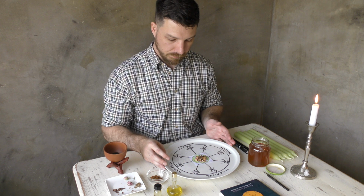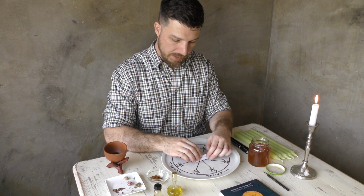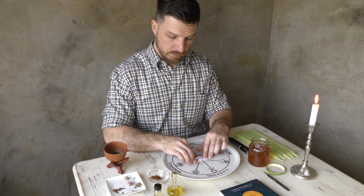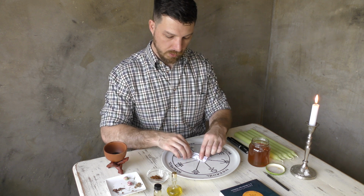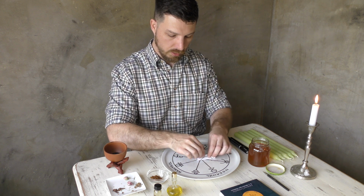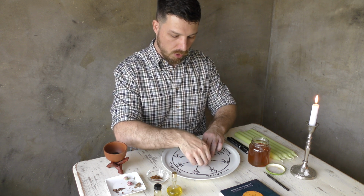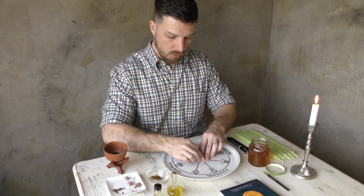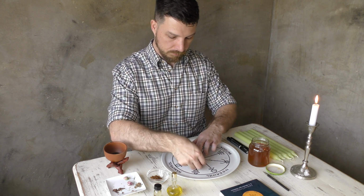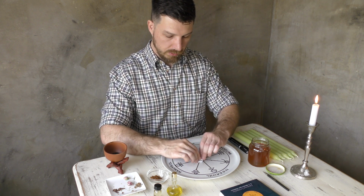And then as you fold this seal towards yourself to form a kind of packet there to hold the herbs, you will be saying your petition that you are drawing your target, that your target falls wonderfully in love with you, that they are sweetened to you in thought, in word and deed, all these kinds of things. Right? And then when you've finished folding this packet,